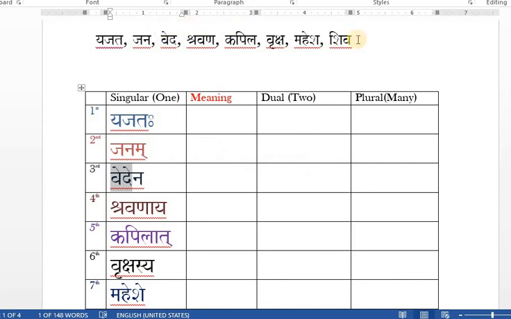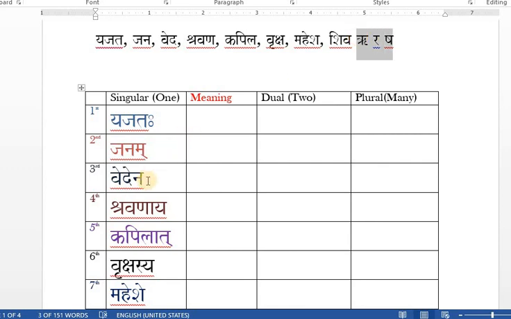Right? Let me type here for your reference. These 3 letters you must have in the word: ru, ra or sha. If any of these 3 letters is there in the root word, then because of this, the na that is coming at the end of the word must be converted to cerebral na. But in Vedena, it's va and da, and no ru, ra, sha is there in the word.